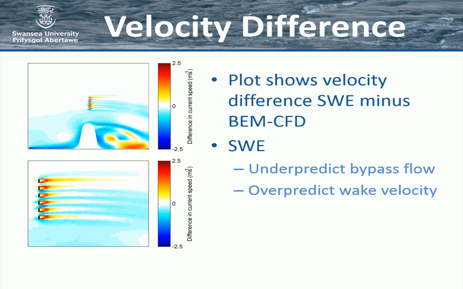And the lower plot is simply a zoom in. And what happens is, because you've got less elements, the shallow water equations, they underpredict the bypass. So we have an underprediction of flow going around. So in this region, just around the edges of the array, we get an underprediction in the flows there. And also we don't see quite as much wake deficit as we do in the blade element approach,